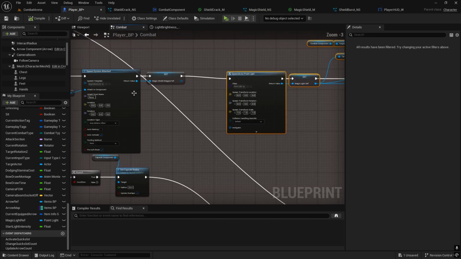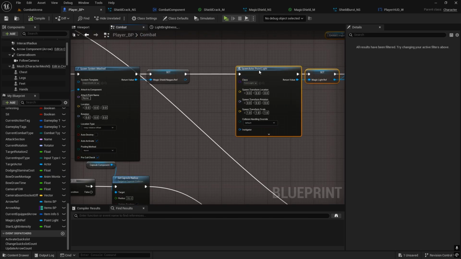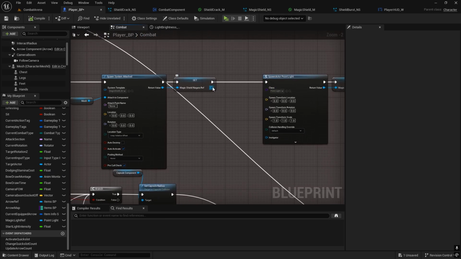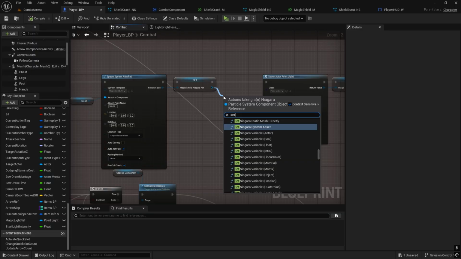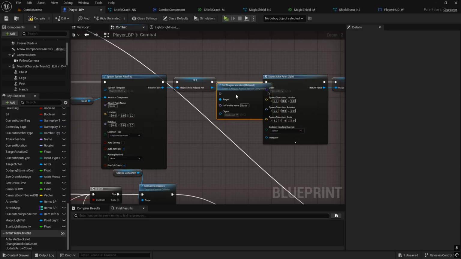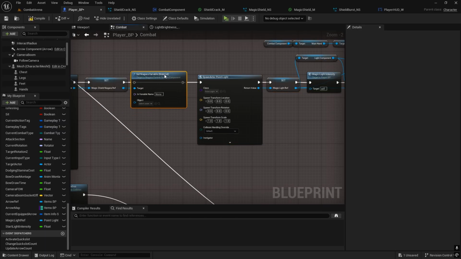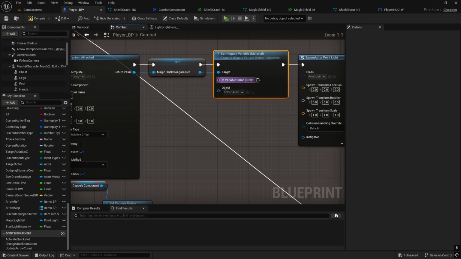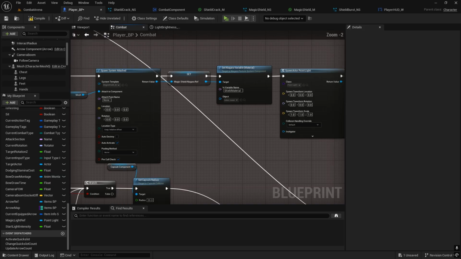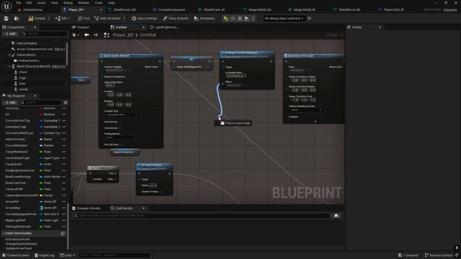As I said, we will have to clean this, and then from return value we're going to set variable, and we're looking for material. So set material, now I got a variable material. Again, I don't have space for this, and material will be, I will paste it, so shield material,